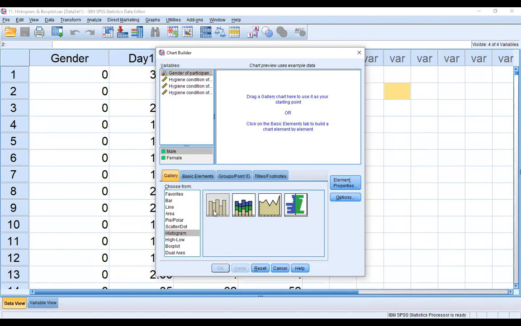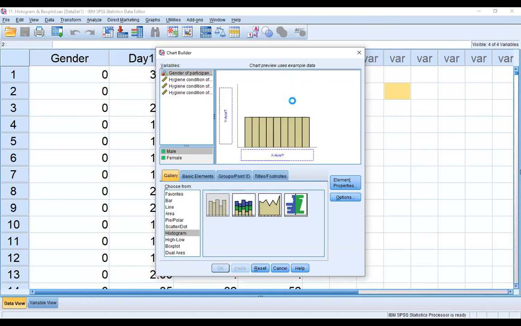Double click it, and it will appear in the chart preview that uses example data. Double clicking is slow, so you can just drag and drop it into the chart preview.